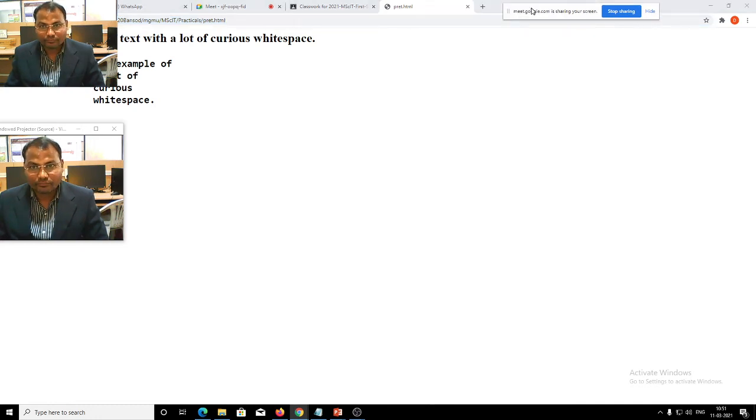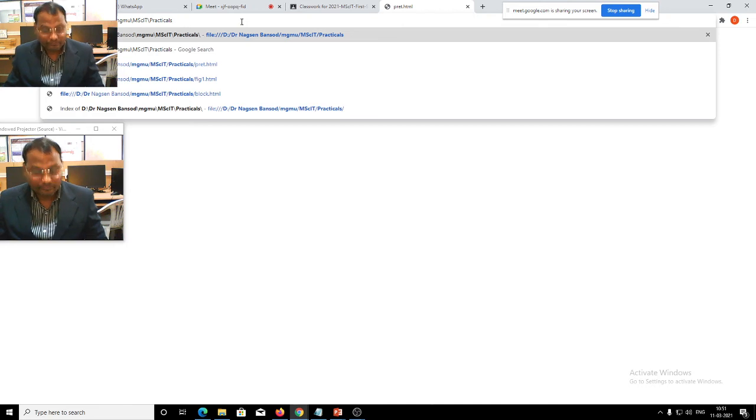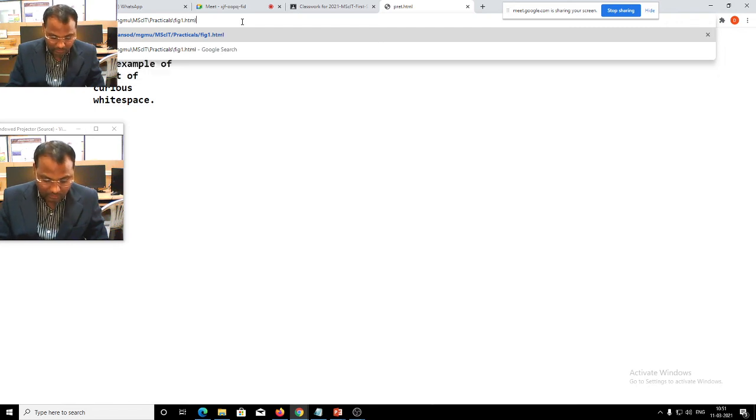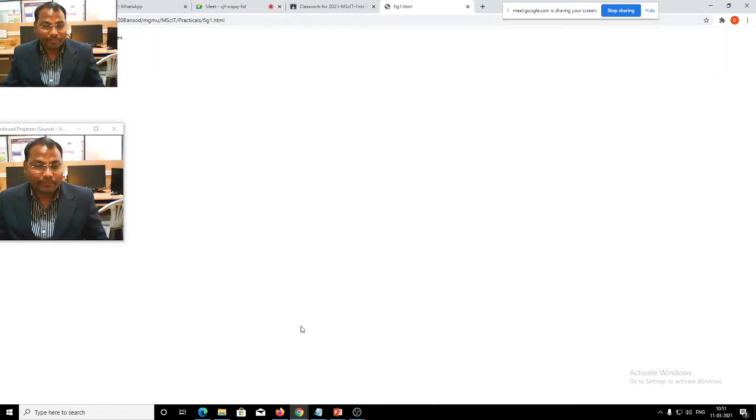Not only copy. How to modify? You can modify this shape by using Control T transformation. Click on fig1.html. This way we can modify also. Now we want an image here. Why is the image not displayed? Does this make sense?